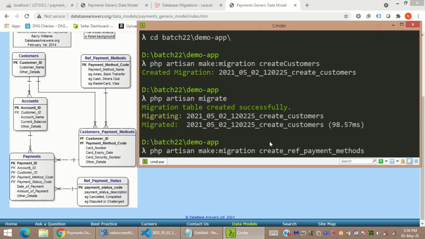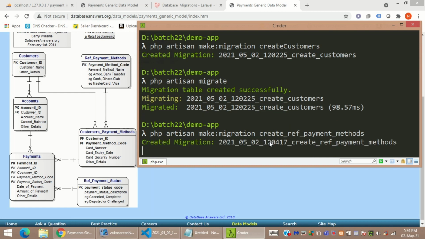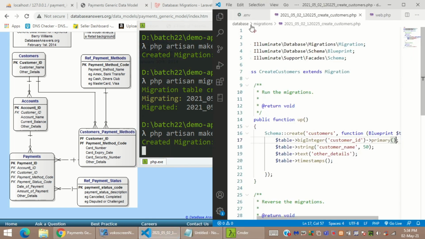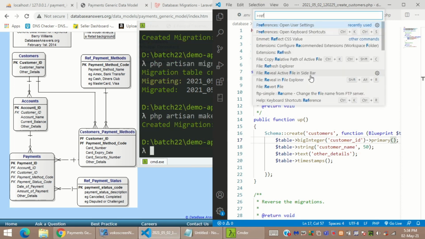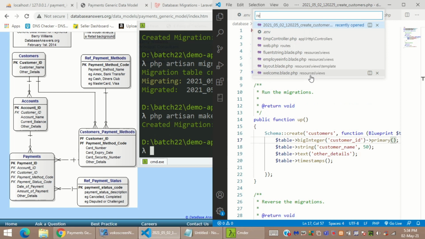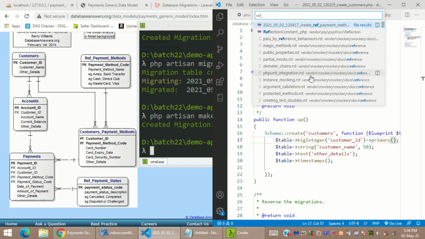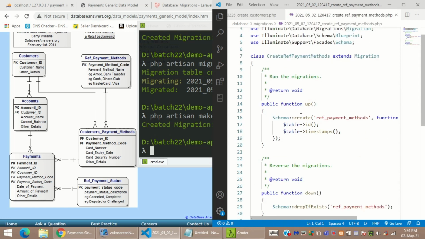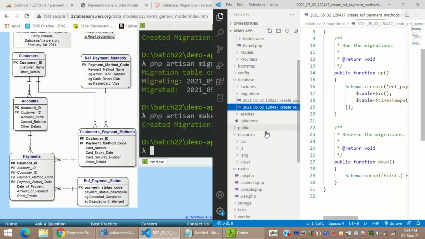You can create with this old structure of Laravel also, but I do not prefer this. But you can create in this manner also by providing underscore stuffs. Fine. This is an old method. Fine. So I'm just pressing Ctrl P and typing reference payment methods and opening it up from shortcut methods that